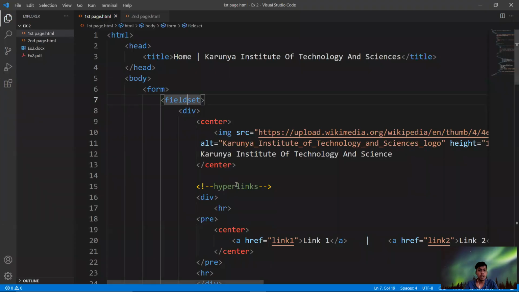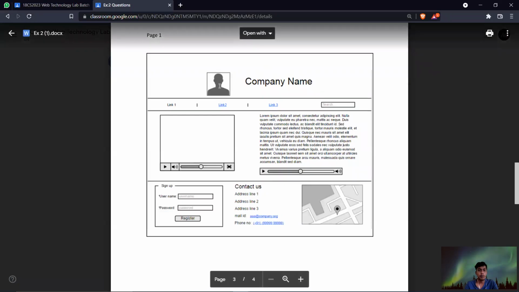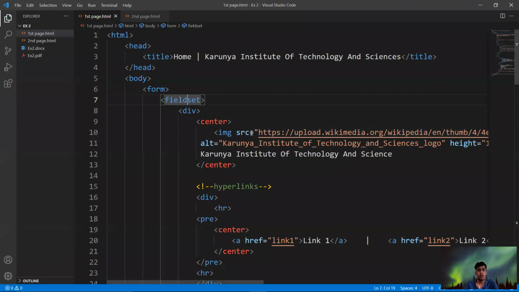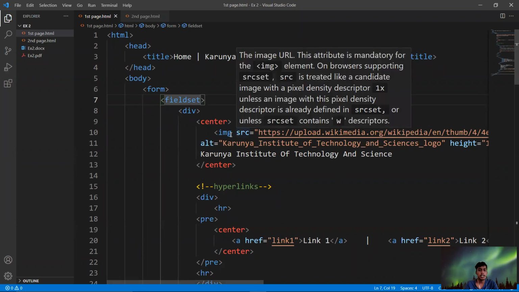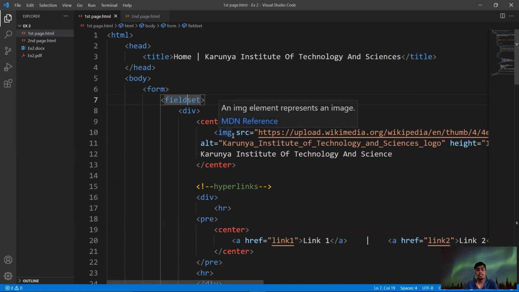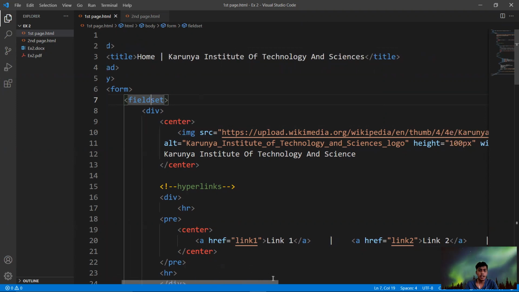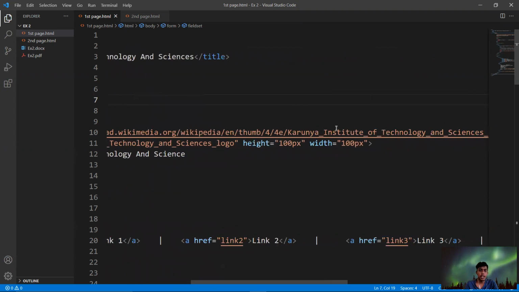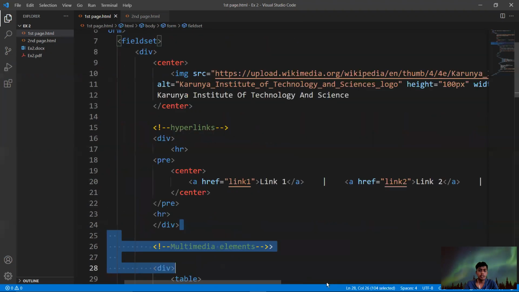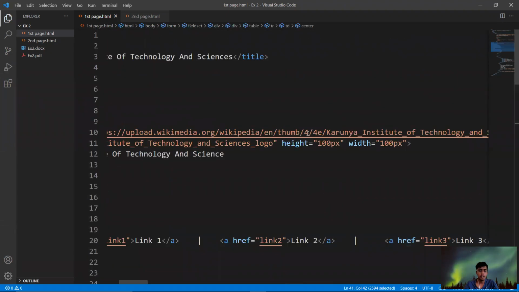In division 1 I am making a center. In that center we need to provide a logo and company name. The logo I have taken and am inserting as an image. For the image, that was the logo, as source I provided the link, and afterwards I gave the height and width.